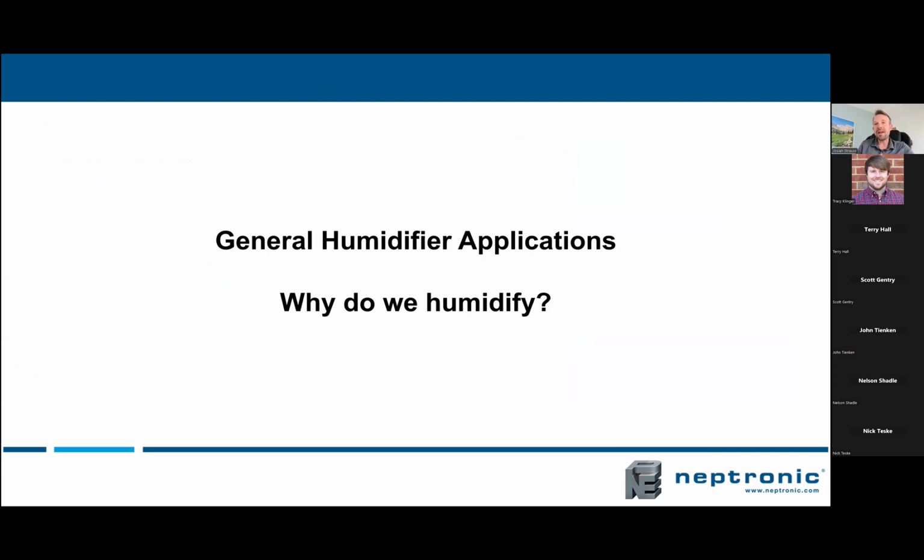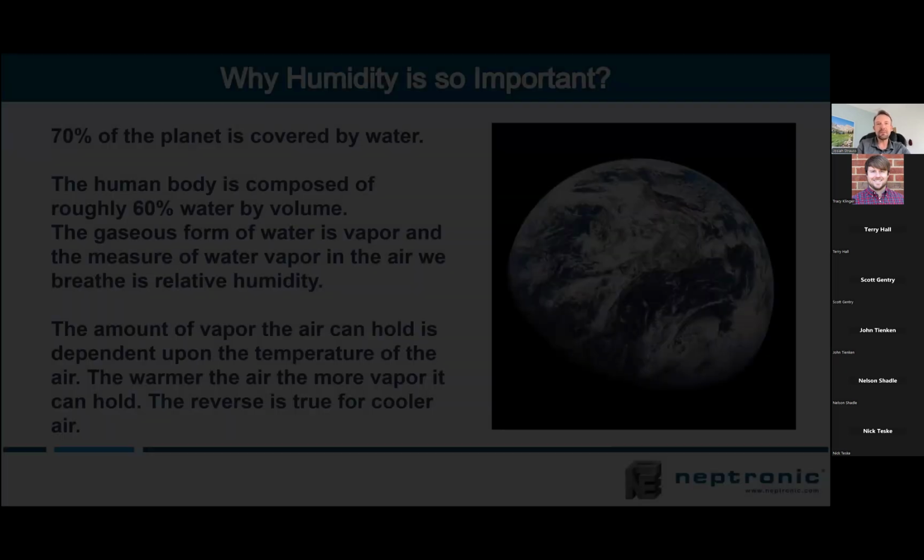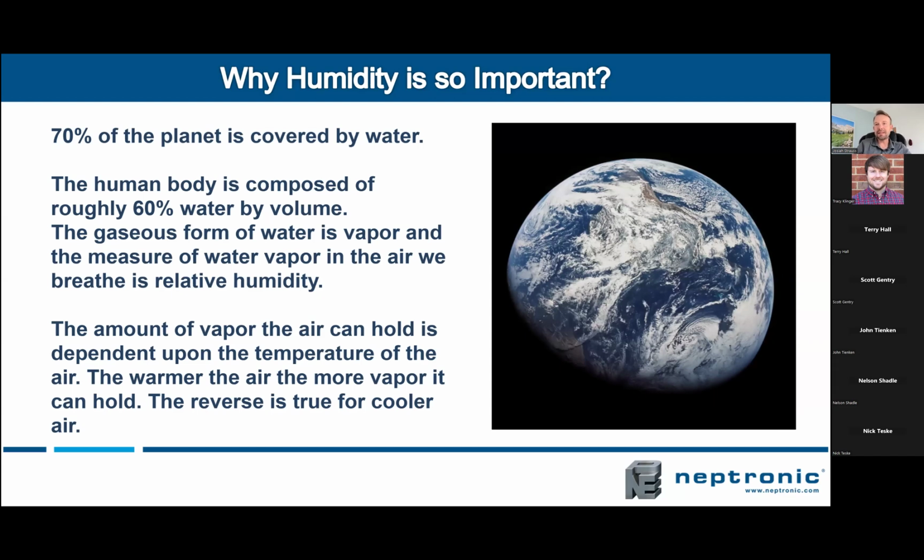That brings the question, why do we humidify? What are we trying to accomplish with humidification, and why is it necessary in the built environment? Really, this is just basic stuff. The Earth is 70% water. We're almost nearly all water in our bodies. And so,